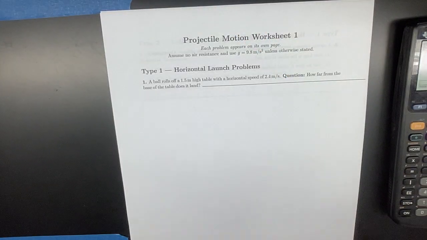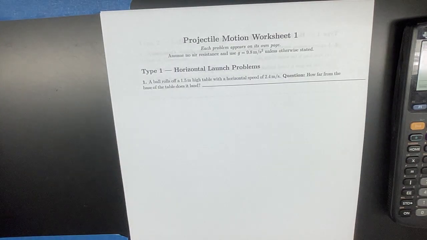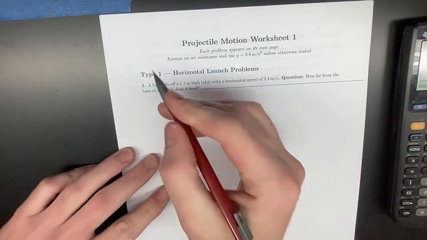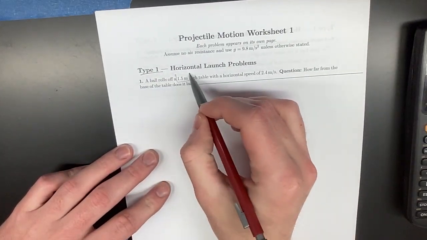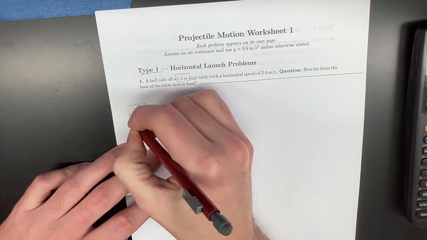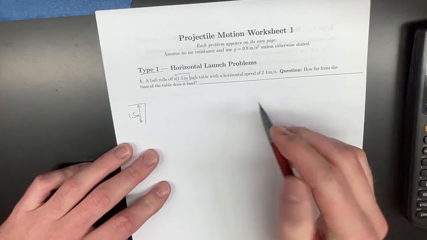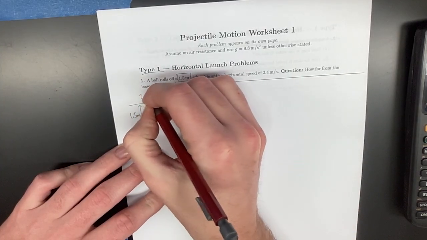All right, howdy folks. I'm gonna make some videos for us to be able to go through the different types of projectile motion questions. So starting with question type number 1, it says a ball rolls off a 1.5 meter high table. So I'm gonna draw a table, it's 1.5 meters tall, with a horizontal speed of 2.4 meters per